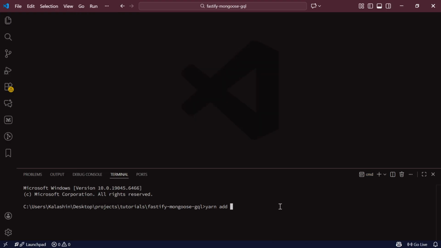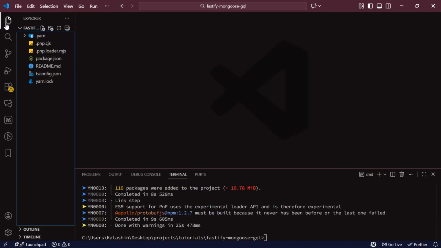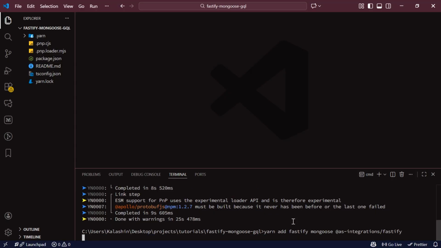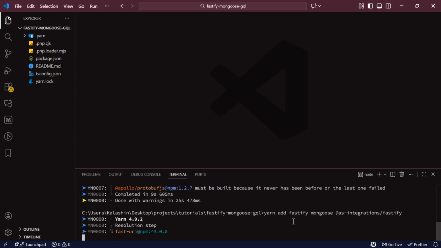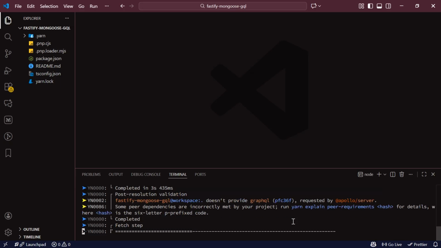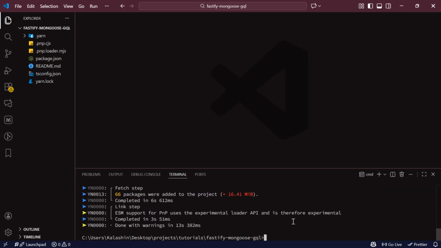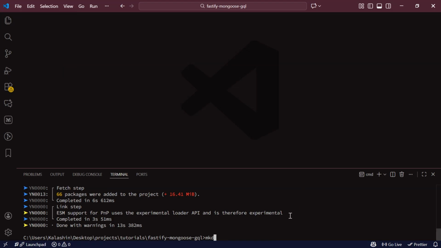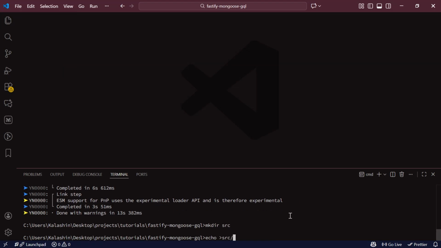I will run yarn add apollo server to install Apollo server. Then I'll also run yarn add fastify, mongoose, and @as-integrations/fastify to install these dependencies. These dependencies are all we are going to be needing for this project. After they are done being installed, I will create an src folder, and inside of that folder I will create